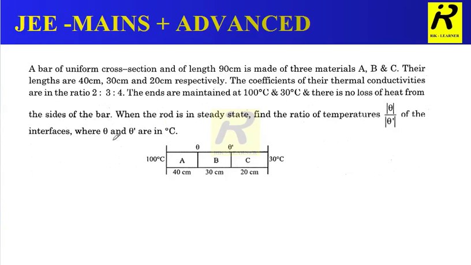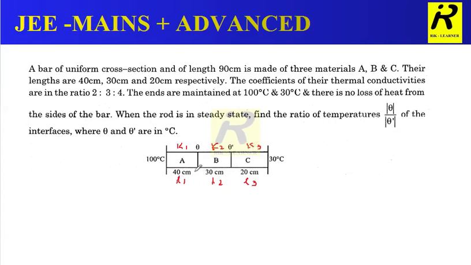Well, the corresponding picture has been given here, and this is the one part, and this is another part, and this is another part. Okay, say of length L1, L2 and L3. They are having different thermal conductivities K1, K2 and K3. These notations are given by me.